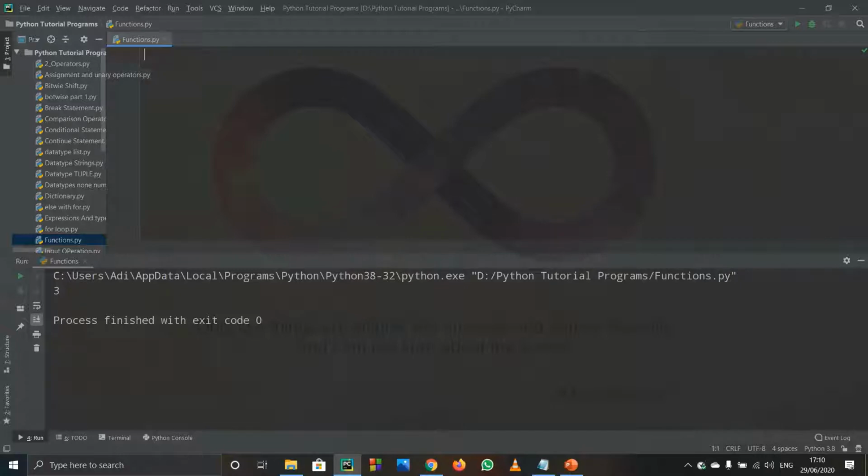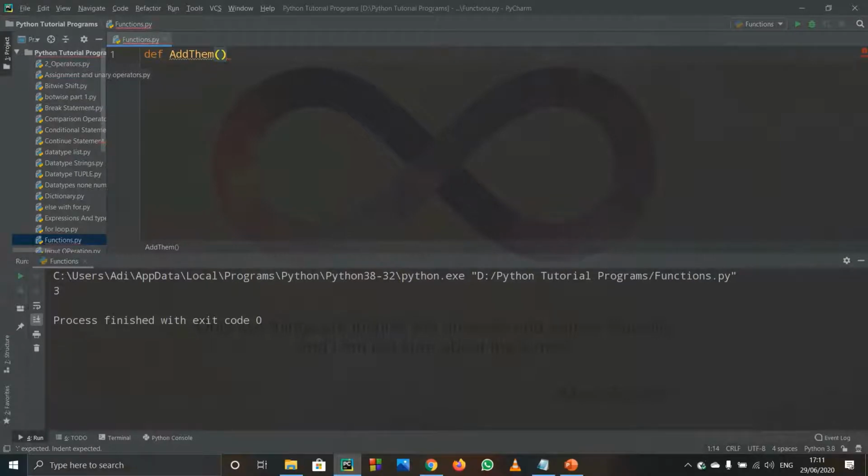Now we'll go with the same task, that is to add two numbers. You have to define a function. To define a function, you just write def, that is define. Then you write the function name. The name can be whatever name that you want, like a variable. Suppose I name it add them. This is the name of my function, and then I write parentheses, which are these round brackets. Inside these I write the arguments. We'll discuss them later on.